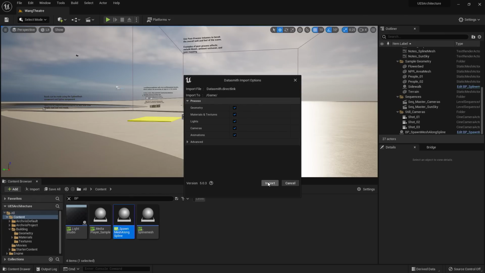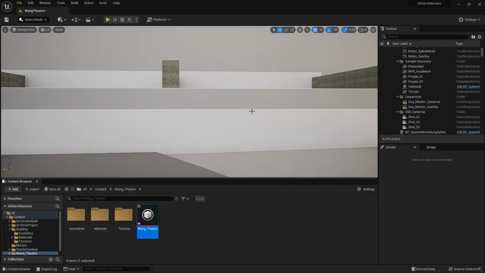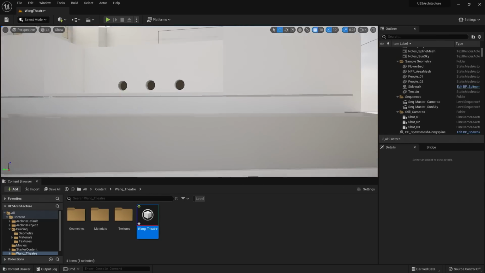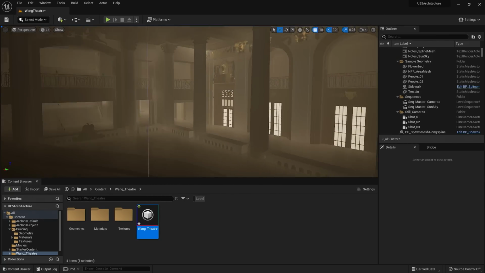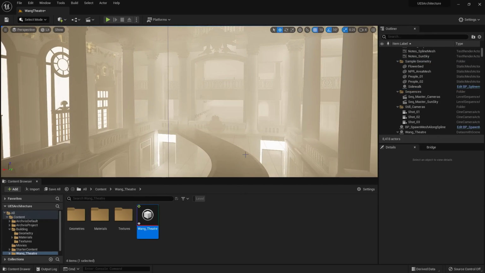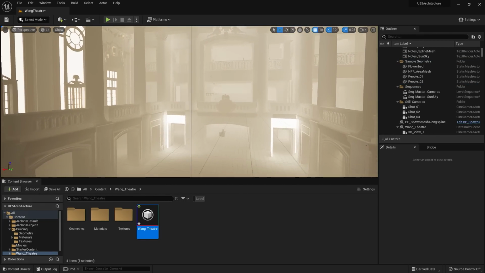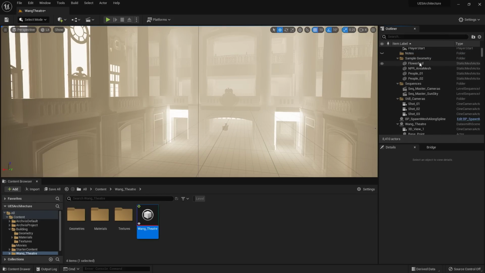And here we're able to control which elements we bring into our Unreal Engine project. Now you see you do have the ability to bring in lights. For this project, I'll be setting up my own lights, so I'm going to turn the lights off. I'll go select Import. So now you'll see that the project has been brought in. I'll go ahead and go inside. Take a look at what the interior looks like.